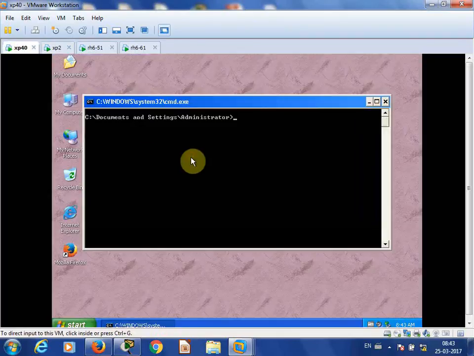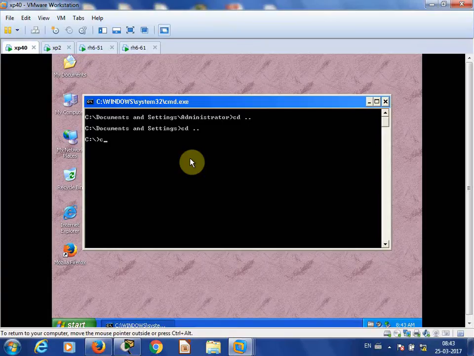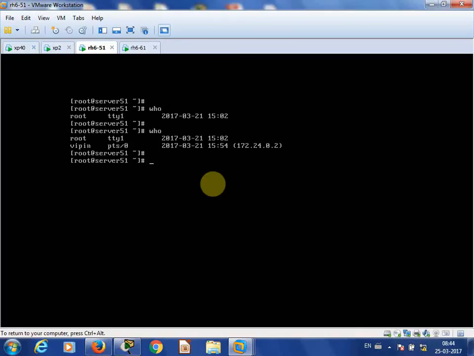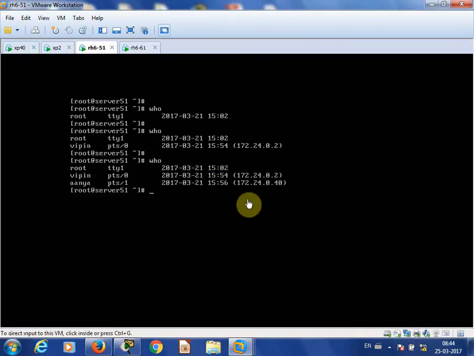Now I will go to another Windows system. Again I am just moving one step back. I will clear the screen. Telnet 172.24.0.51. Which user do we want to log in? Anya. So what will happen now? What is it showing? Vipin is logged in from one system and Anya from this one, plus this XP2 and our Windows system,